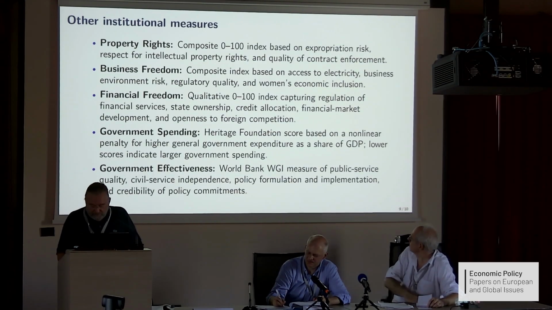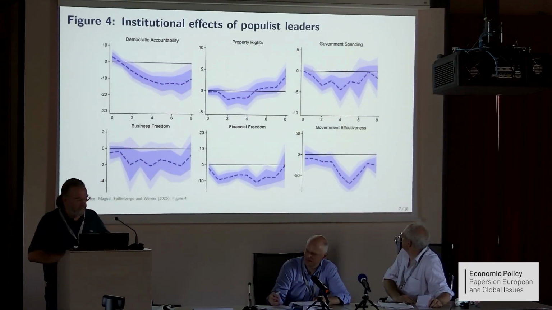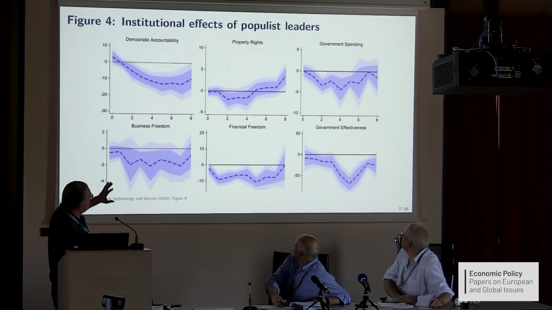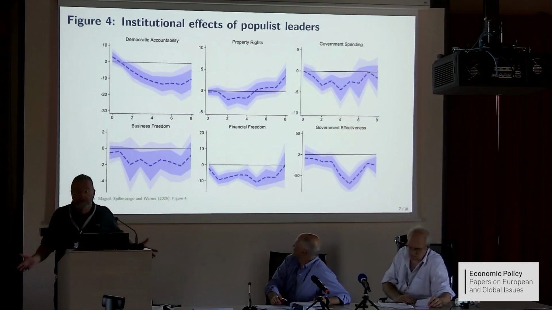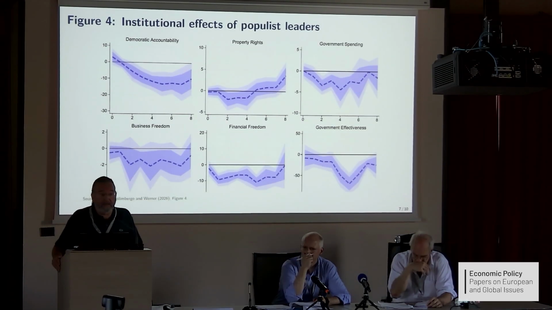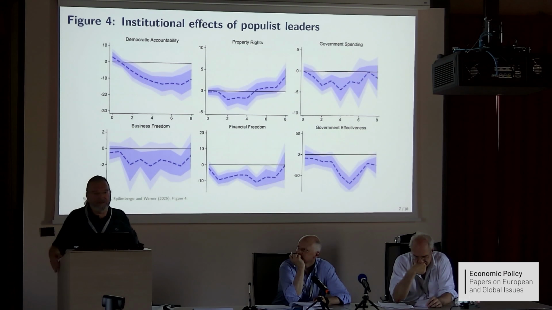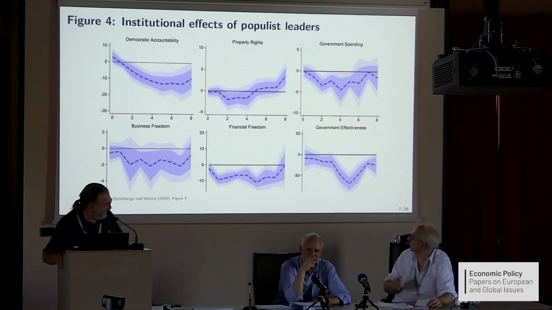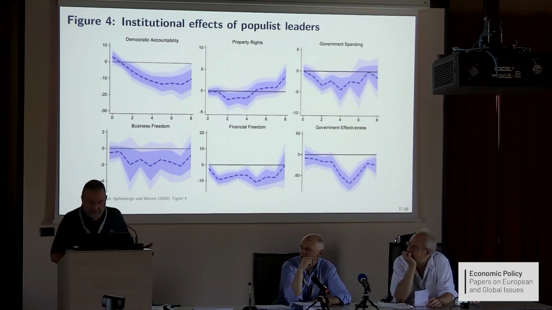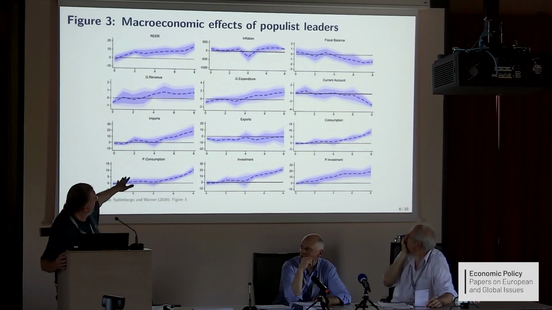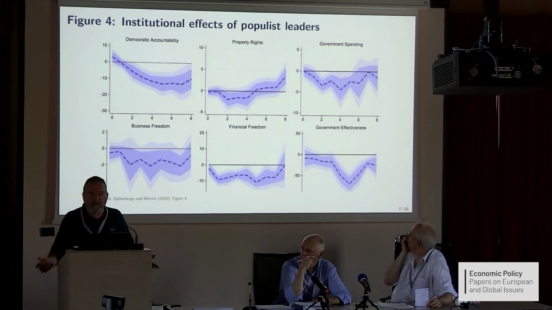The one that I am really a little bit baffled by, you see, democratic accountability, I told you, property rights works well. Business freedom and financial freedom, it's something that I would have expected, and I'm not surprised, and I think it's good that it found them. Government spending is really weird. Let me just put it that way. If you look at the previous thing, government expenditure is going up like this. But if you look at this here, government spending is going down, and you ask why.